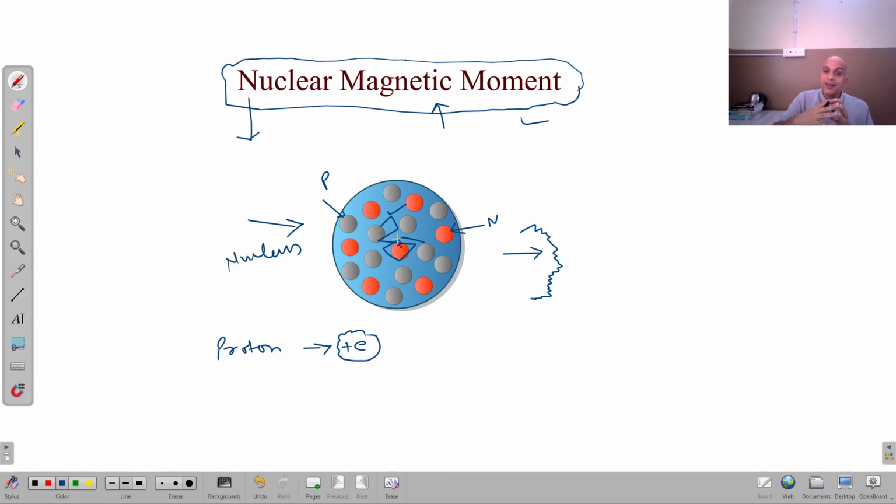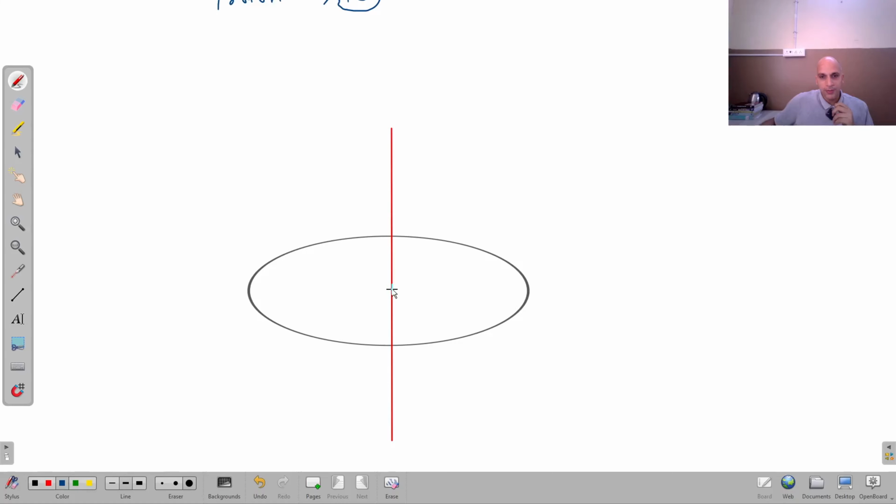Now we also know very well that the protons are charged particles, right? They have charge plus e, and we know very well then that when a charged particle moves in a closed path, it is equivalent to a flow of current in that path. You can see here that this is the center of the atomic nucleus, the center O, and let this be the path of a proton. I have taken this path as an elliptical path for simplification, but I am once again repeating that it is not always true that protons or neutrons are moving inside the nucleus in elliptical or circular paths.